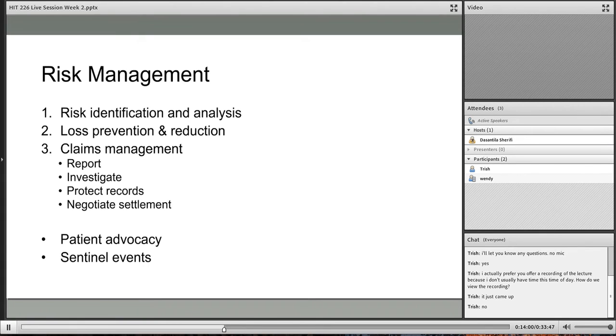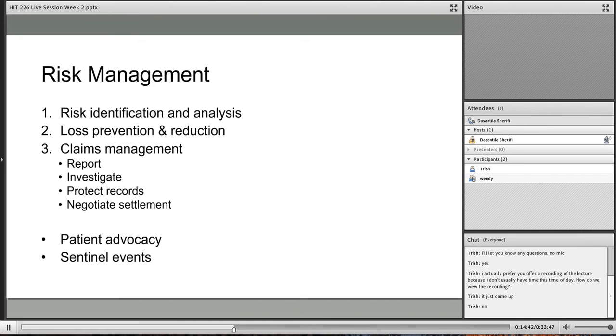And then the last thing here would be, if something is going to go through, then negotiating the settlement would be part of this process as well. Again, typically somebody with a health information management background may not end up being a risk manager unless you go for a bachelor degree and a master degree, and you gear yourself to work in that direction. It is possible, but it is not a typical job that you would get right off the bat with your associate degree.